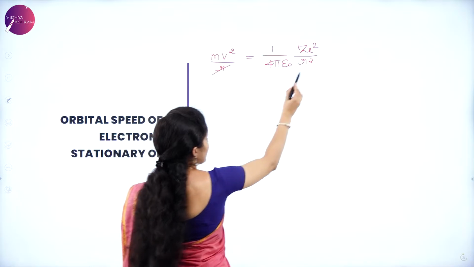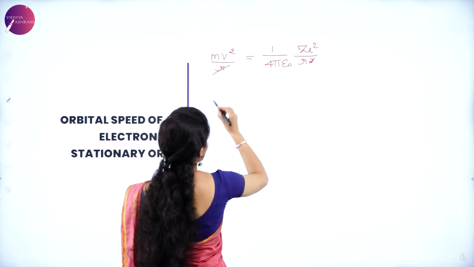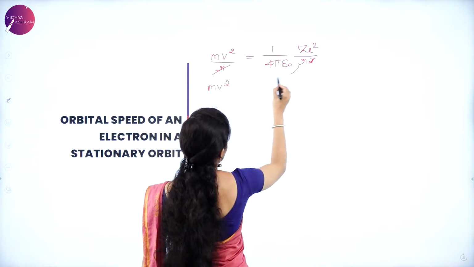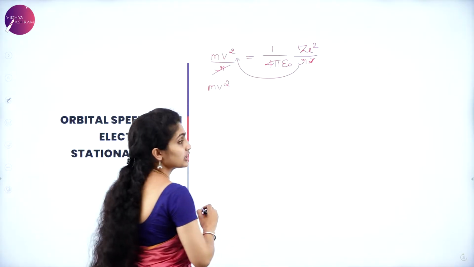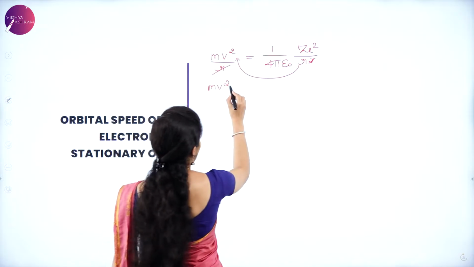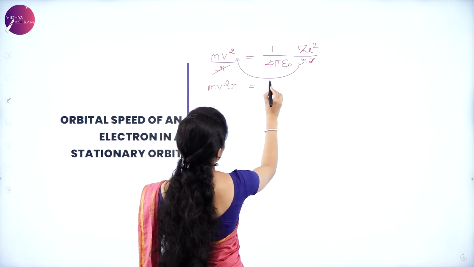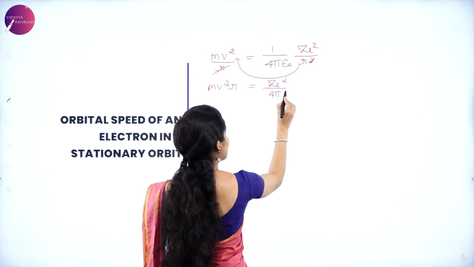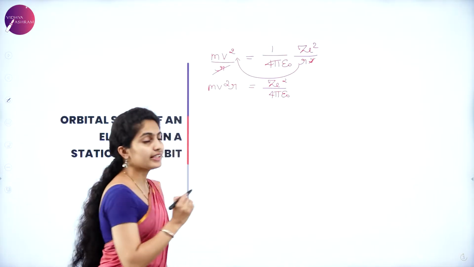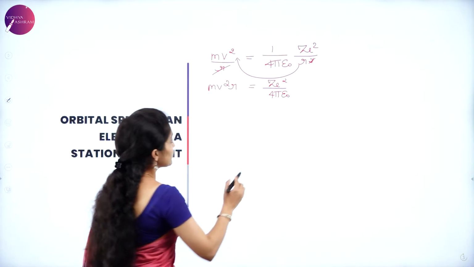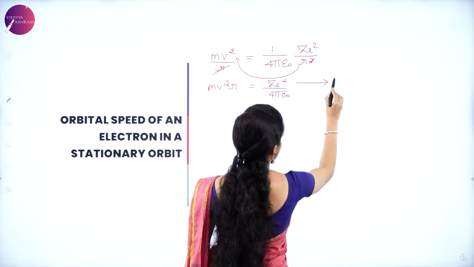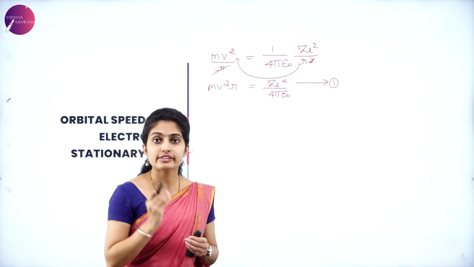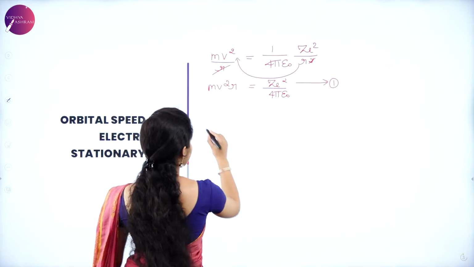So, this r cancels with r square. So, what remains is mv square. I would like to take r towards my left hand side. So, I have mv square r is equal to ze square divided by 4 pi epsilon naught. I have this equation in my hand. So, suppose if you consider this as equation 1, now according to Bohr's second postulate,